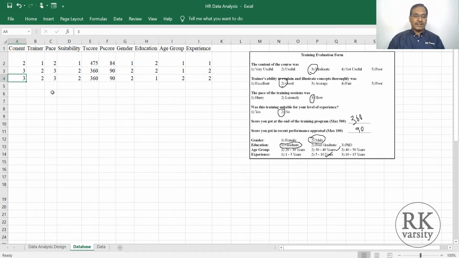This is the advantage of creating a form and entering data in Microsoft Excel. In my next lecture, I'm going to show you how to create a drop-down list menu in Microsoft Excel. Here you are entering data, but how would it be if you simply keep on clicking or selecting the data to enter the responses? It would be more easy and convenient. That can also be done in Microsoft Excel, and we call it a drop-down list menu. So in my next lecture, I'll show you how to create a drop-down list menu in Microsoft Excel.